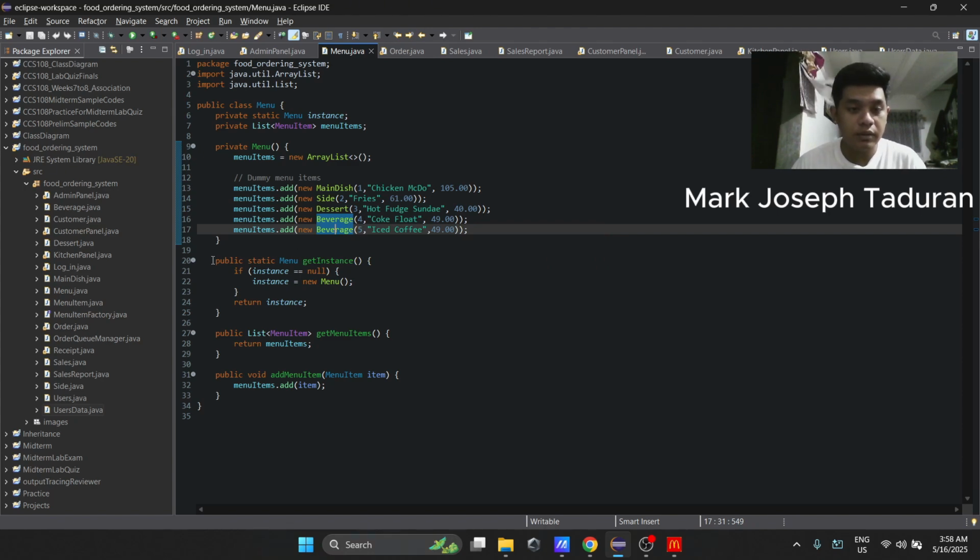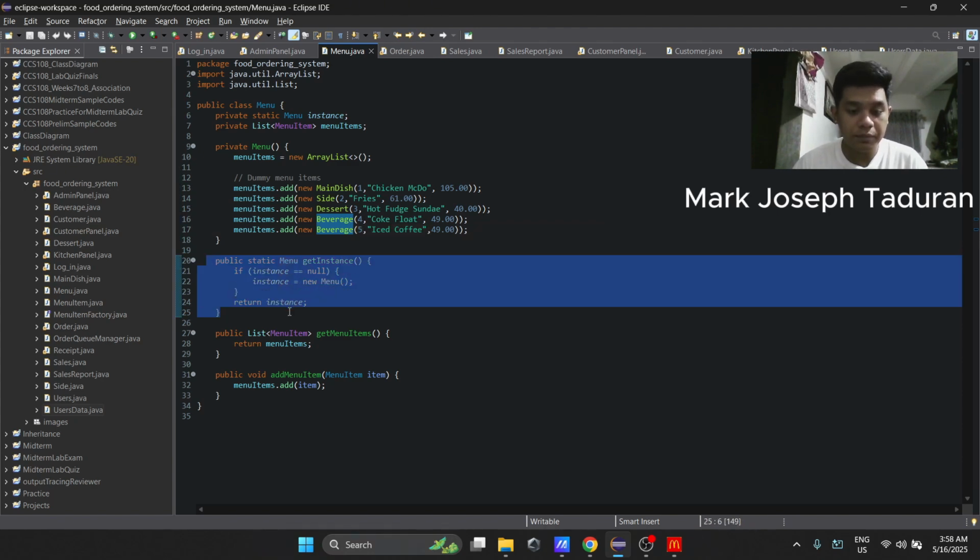Next line. getInstance lazily builds the object the first time it's asked for and reuses it forever. That guarantees every panel, admin, customer, kitchen, sees the same menu list in memory.